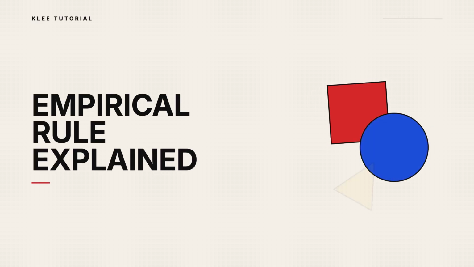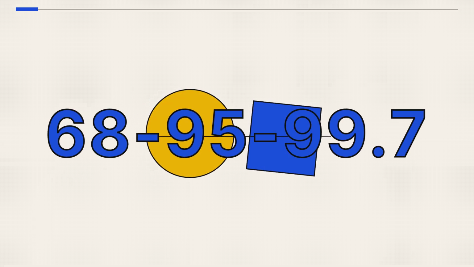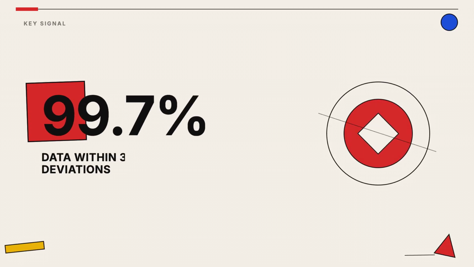The empirical rule is a handy way to estimate probabilities in a normal distribution. Here is how it helps you understand risk. These three numbers represent the core of the rule, showing how data clusters around an average value. Almost all data in a normal distribution falls within 3 standard deviations of the mean.